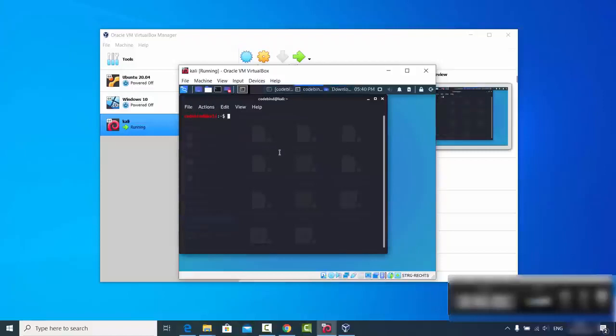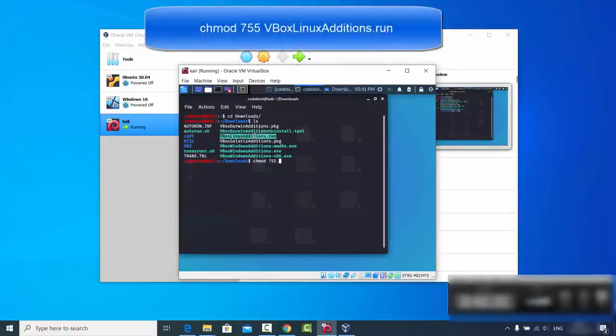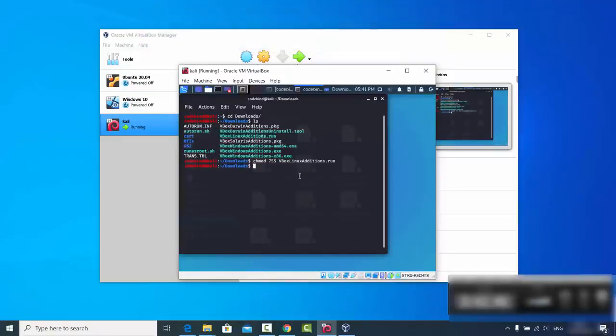I will open the new terminal, and then I will just cd to the Downloads folder where I will see all these files. So now I will change the permissions of this VBoxLinuxAdditions.run file. I will give this command chmod 755 and the name of the file, which is this one. So just copy the file name and then press enter. And now I can run this file. So just write